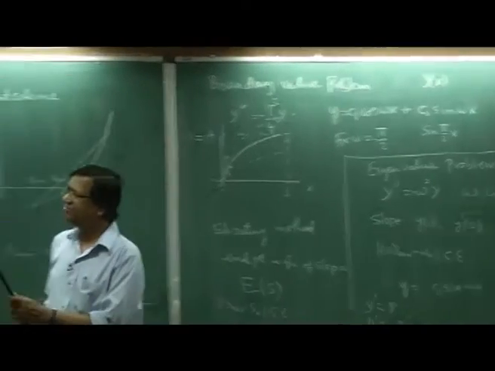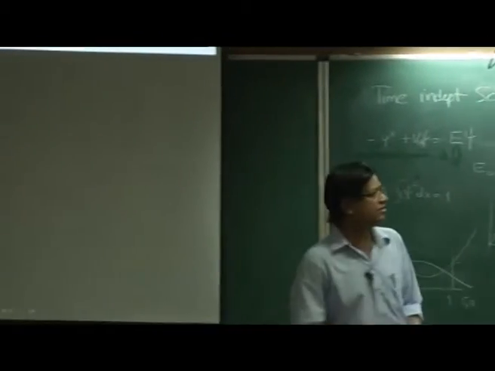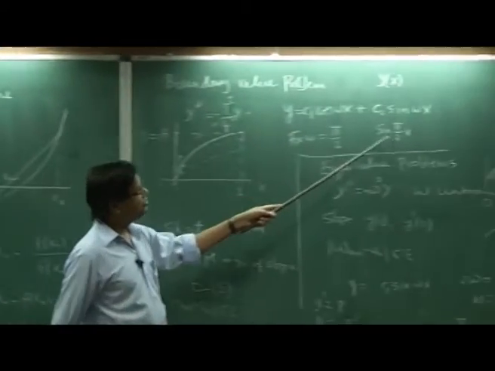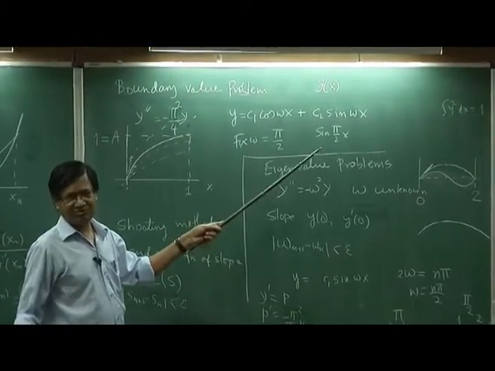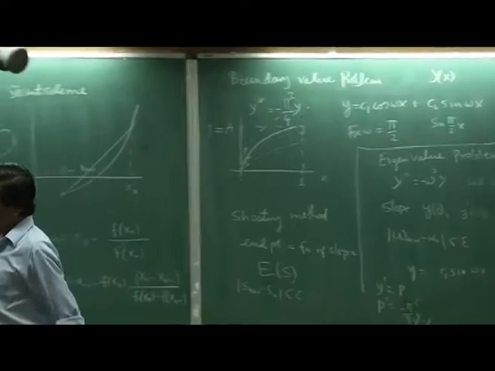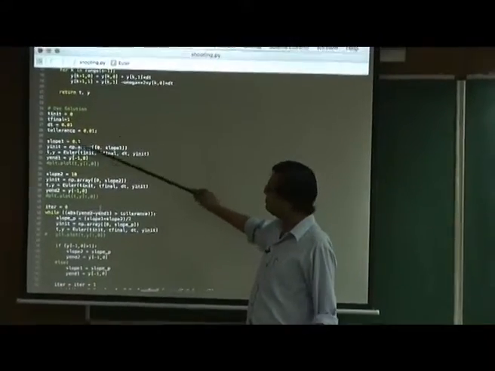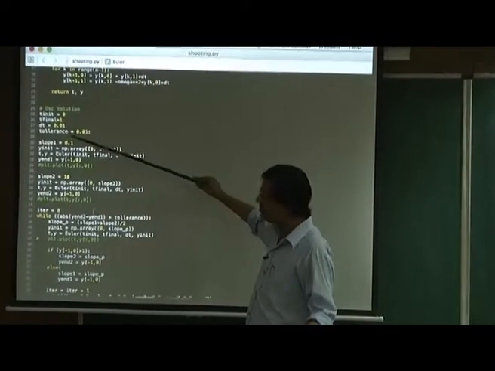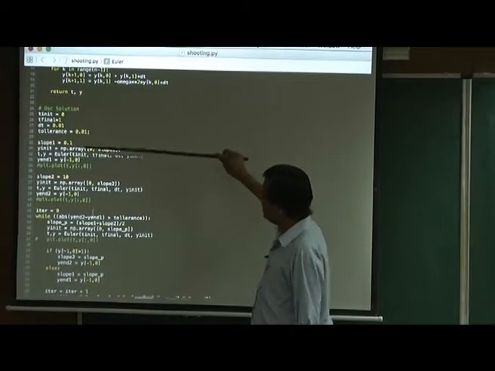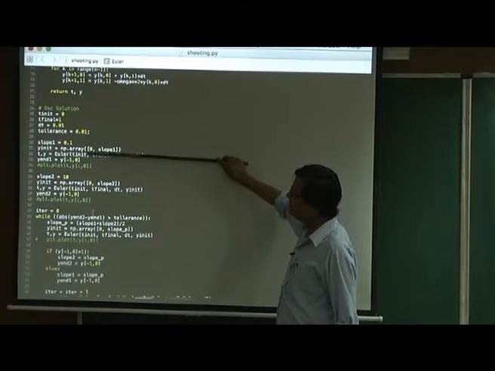So, just take the derivative of this, which is cos of pi by 2 into pi by 2, at x equal to 0. So, it is pi by 2. So, I am bracketing between 1.1 and 10. I am stupid, I mean I can do better, but I do not know the answer. So, let me bracket between 0.1 and 2, and I iterate it.